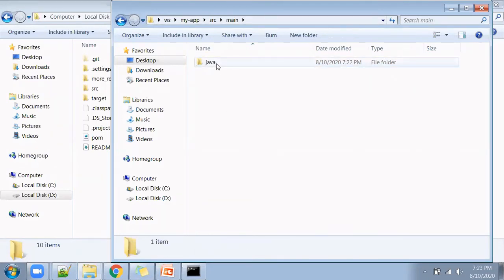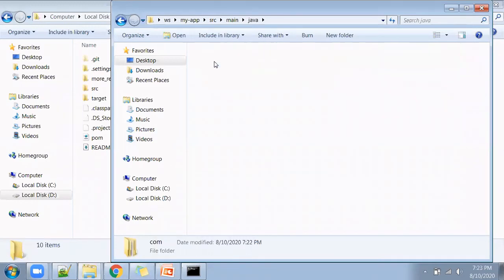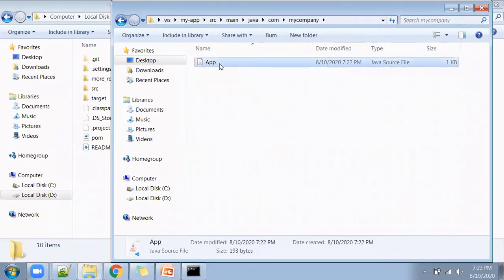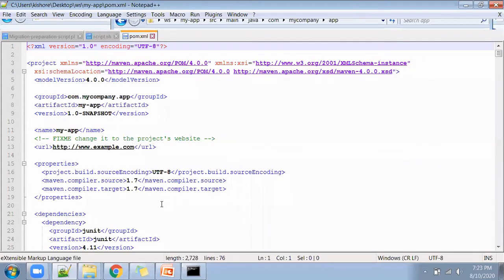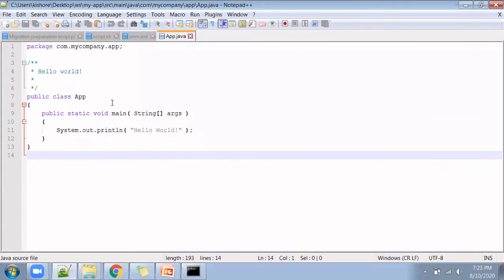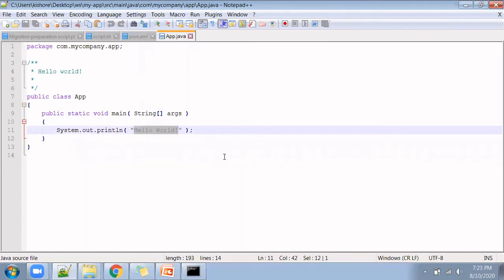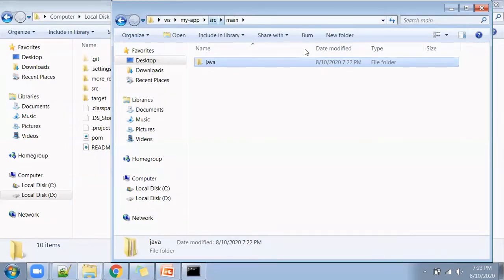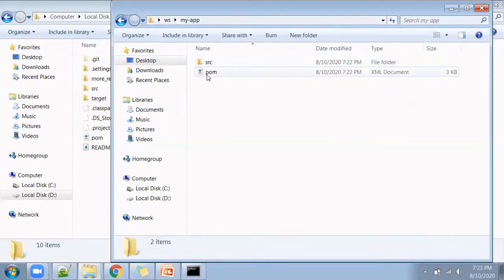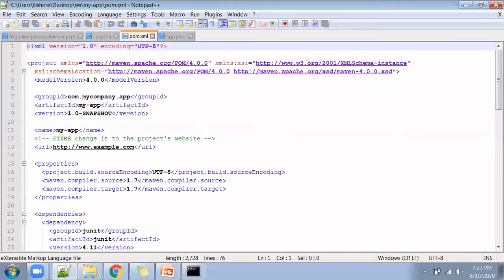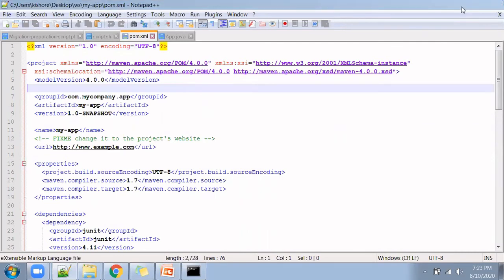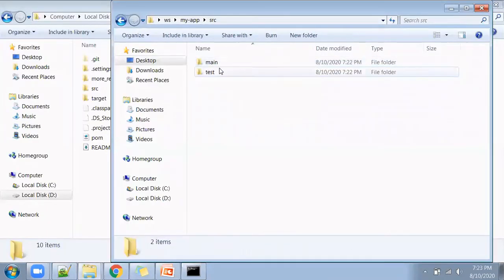Let's open the main. And since this is a Java project, the Java folder exists. So let's see what is the basic code which Maven provided to us. This is Java code, basic hello world code it has provided to us. So I'm minimizing this. Now we'll go to the pom.xml. So this is the pom.xml. What it does is it will understand the folder structure of this SRC, what it has, main and test, and correspondingly it does the build.